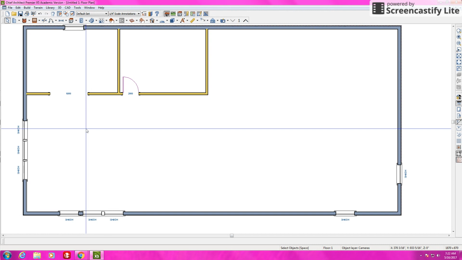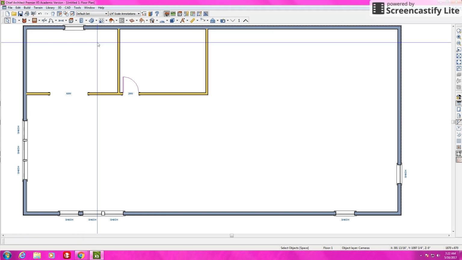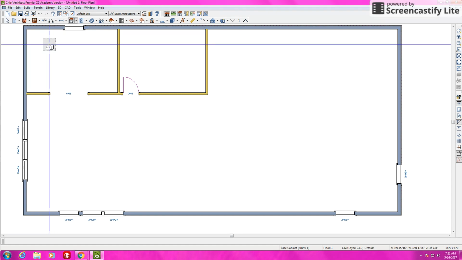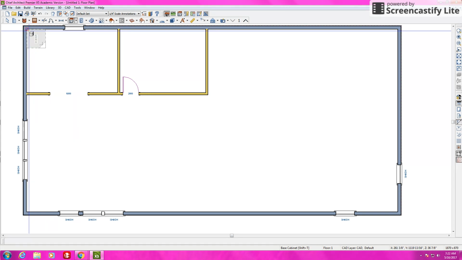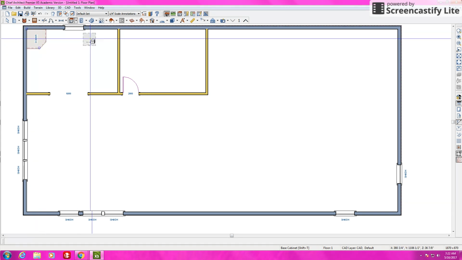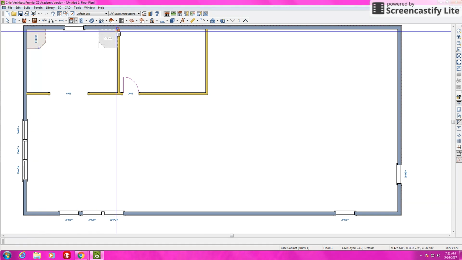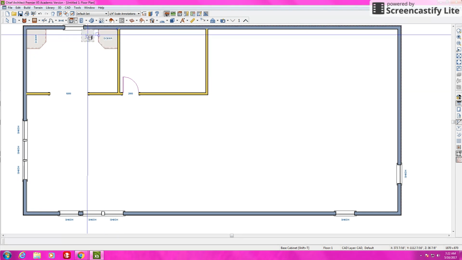So the 2 rooms that you have to finish are the bathroom and the kitchen. Here's how you finish the kitchen. You have to put in what's called a base cabinet first. Here's the base cabinet icon. We're going to click on it, and you have to put in the corner cabinets first. So I'm going to come right up into the corner, click, and let's say I'm going to make them wrap around here. I'm going to come up into the corner here and click, and then I'm going to come back through